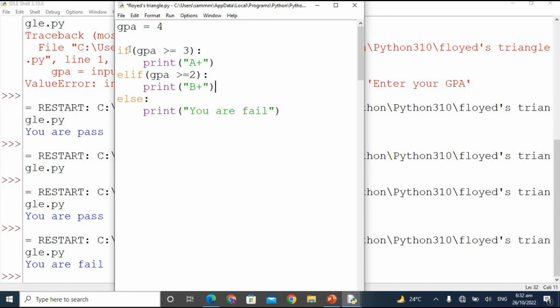Okay, now I'm going to show you how it actually works. It will first check this condition. If our GPA is greater than or equal to 3, then it will print this, right? If this condition is not true, then it will move to the elif part and check this condition. If this is satisfied, then it will print this. If it does not satisfy, it will simply move to the else part and print this, and after printing this, it will simply move out of this selection statement, and then it will print the rest of the code. For example, like print